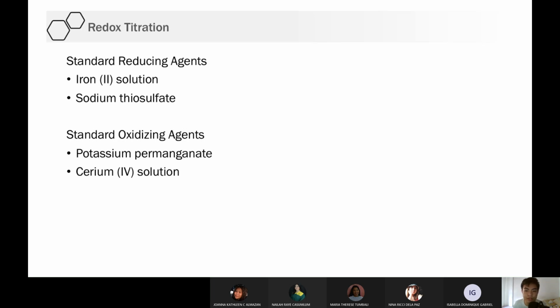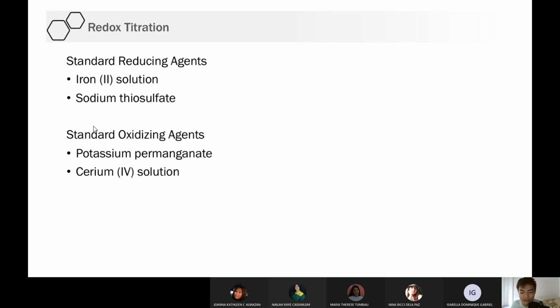Let's talk about standards, no? So, ang standard kapag acid base, either HCl or NaOH, or potassium hydroxide. For redox titration naman, the standards are this one. So, if you want a reducing titrant, you need iron 2 or sodium thiosulfate. So, yun yung ginagamit natin as reducing titrants. If you want oxidizing titrants, you use potassium permanganate or cerium 4. Okay? So, yun. Nothing more. Yun lang talaga yung info niya. So, ganun lang.